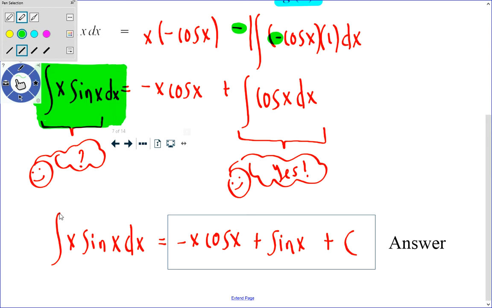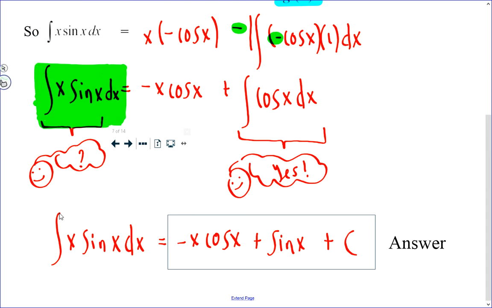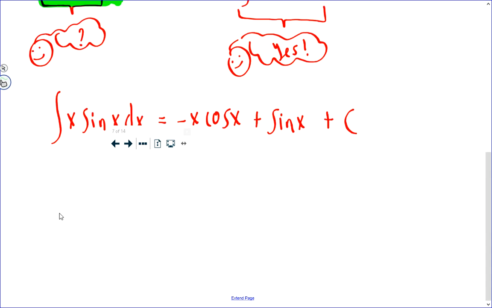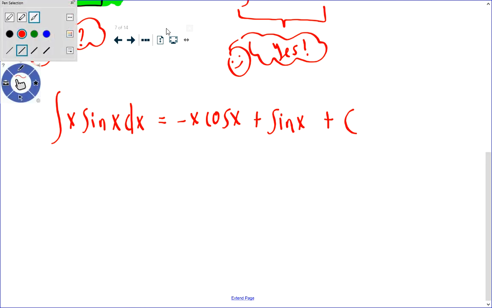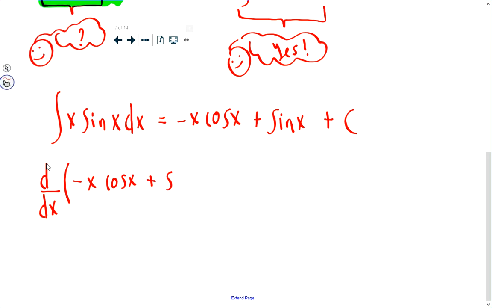There's nobody watching this video who's going to say, oh yeah, the antiderivative of x sine x dx is equal to negative x cos x plus sine x. I mean, you might learn something from this video and later on be able to figure that out. Let's prove that that's the case now, because if that is correct, then the derivative of what we got, which is negative x cos x plus sine x plus our constant, if that's correct, then the derivative of that should give us